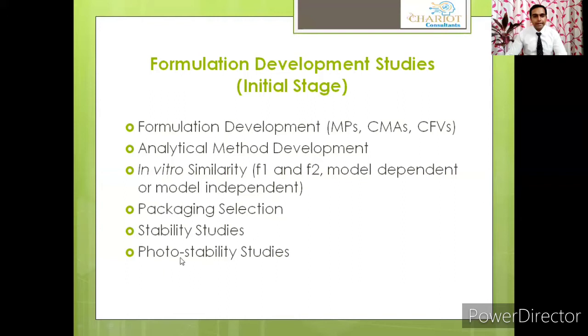Then you have to do some photo stability studies also in terms of your finished product, whether your product is stable in the light or not. That is why when we see some of the suspensions or some of the solutions, why they are amber colored, or why the blisters are amber colored. The reason behind it is they may be unstable in the presence of light. Also, some dosage forms, we can coat them if we want to make them photo stable. But if we don't have the option of coating, then obviously we need to change the color of blisters.